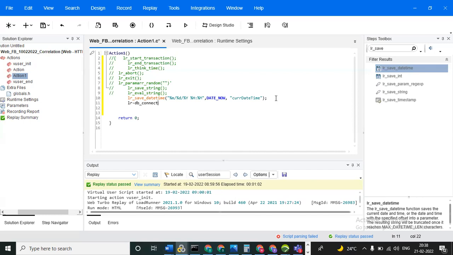You are connected to the DB and you need to disconnect, means you need to give LR_db_connect. If you want to disconnect, what can we give? LR_db_disconnect. So these we cannot use from a real-time point of view, but from an interview point of view,